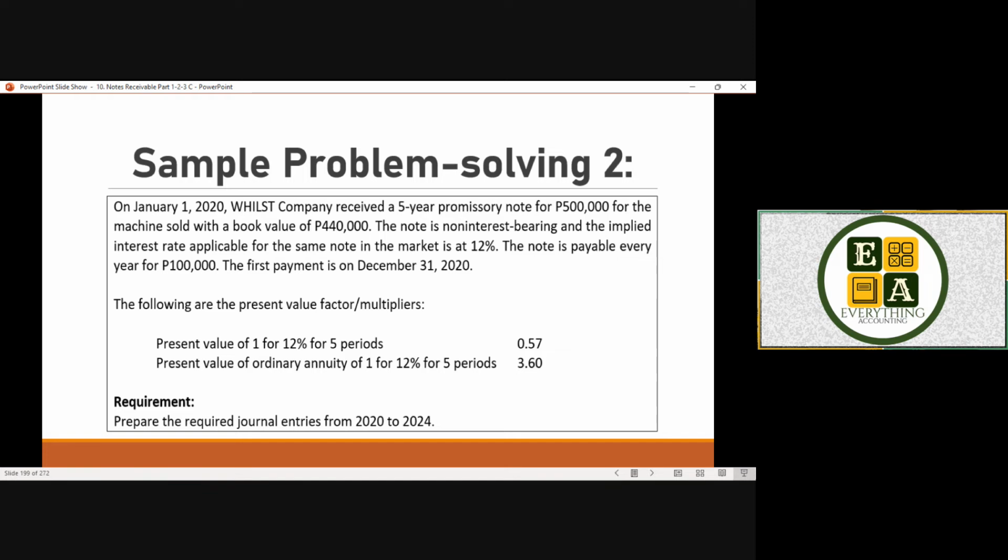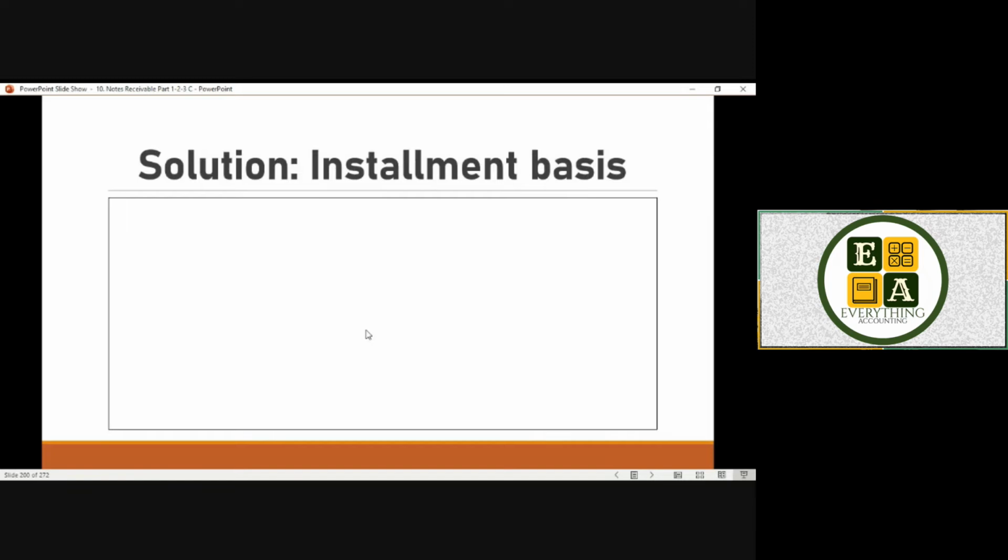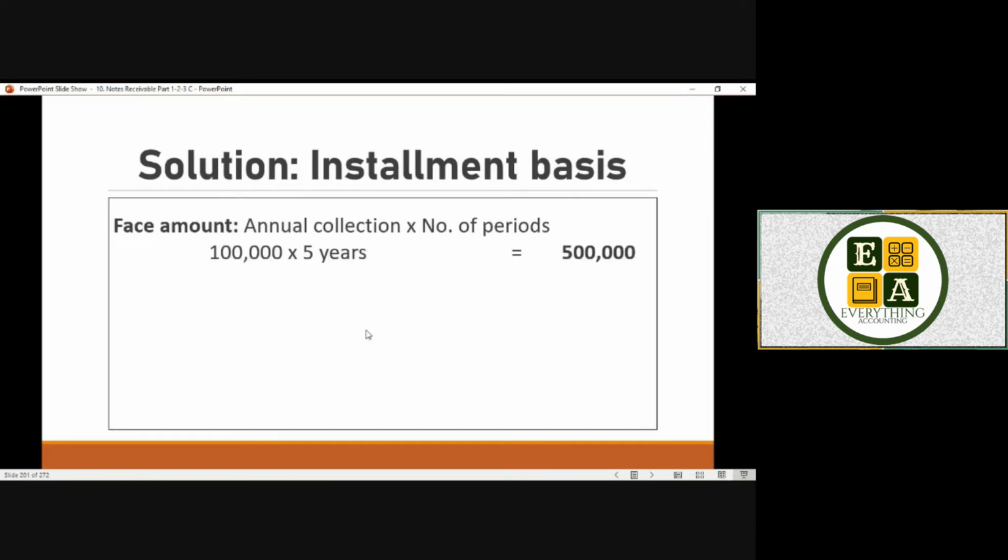The first payment is on December 31, 2020. So we're going to apply the present value of ordinary annuity, or in arrears, of 1. The present value factors, PV of 1, we have 0.57, and present value of ordinary annuity, we have 3.60. The requirements are the journal entries from 2020 to 2024. So installment basis, ordinary annuity, face amount, we have the annual collection times the number of periods, 100,000 times